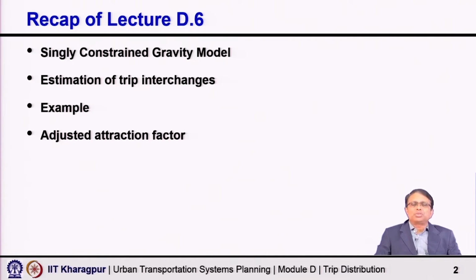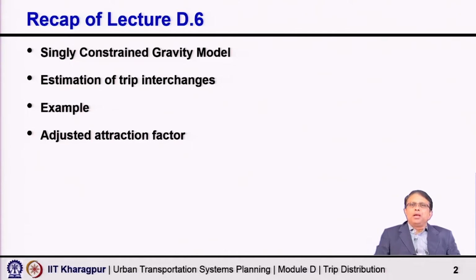And as we used a singly constrained gravity model, it automatically ensured matching of one end. We used the production constraint model. So, the production end matched, but the attraction ends did not match automatically. So, we explained how externally we can do iteration and balancing, so that the attraction ends also match closely. That was explained in the